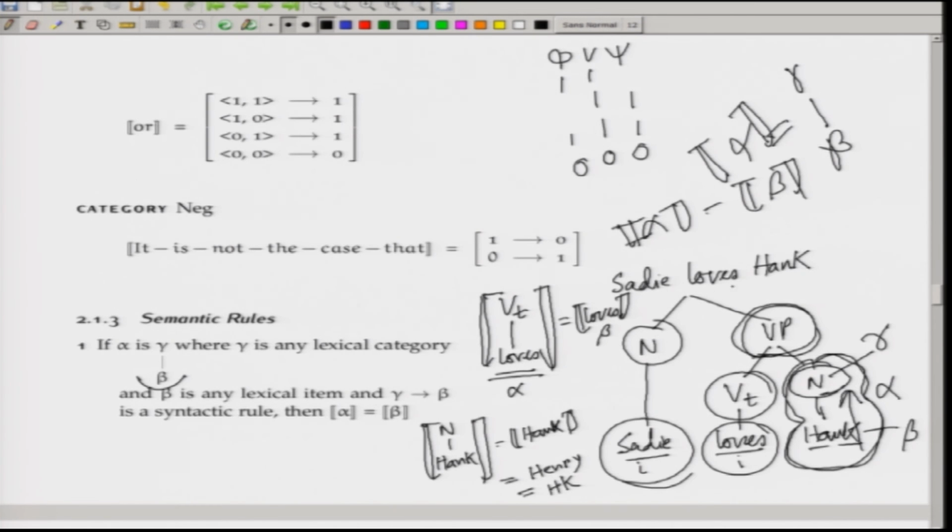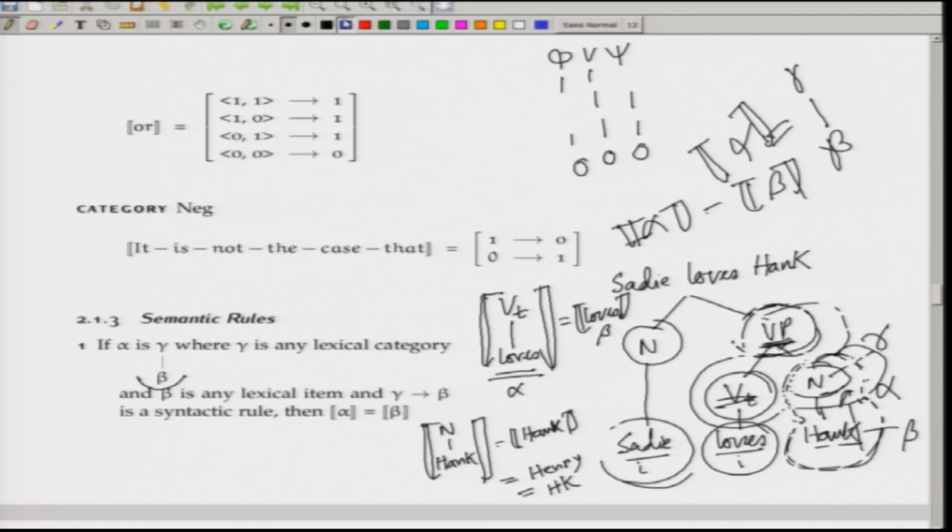This branching, for example, VP goes to Vt, is very different, because here nothing is going to a lexical item. Here a lexical category VP is going to another category Vt. So, this case will not be covered by this rule. This rule will cover just 3 things. I just want to clear a bit of space. So, this will cover